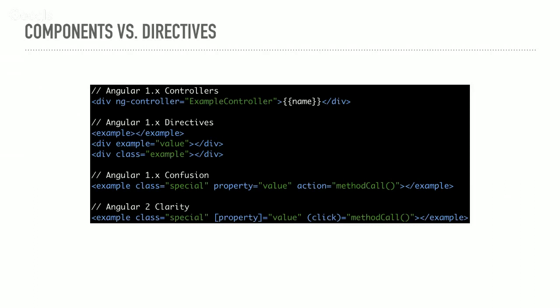You could bind to any arbitrary set of HTML, which, while powerful, became very messy in practice, because you could have that third example right there of example class of special property, passing in value, action method call. There's no real clear path as to where the code goes. There could be four different directives running off of that set of HTML. There could be one directive interpreting it all, or technically there could be nothing linked to that. So as a developer, when you're looking at your HTML in Angular 1, it could become confusing. If you weren't doing a good job of organizing your code, you had some struggles trying to figure out where your directives are